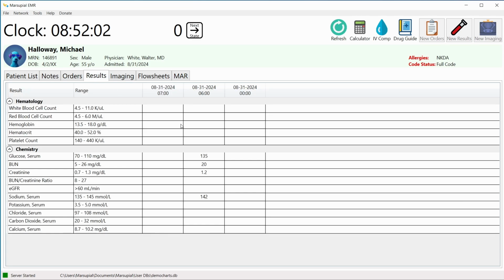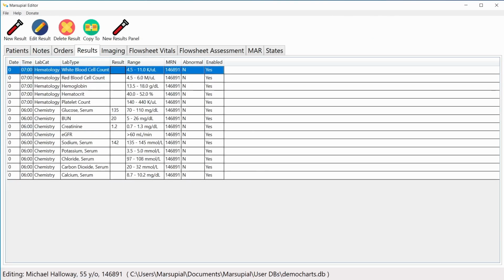All right, so that's results. I don't think there's anything else I can mention there. I do use the copy feature a lot with results. Let's say